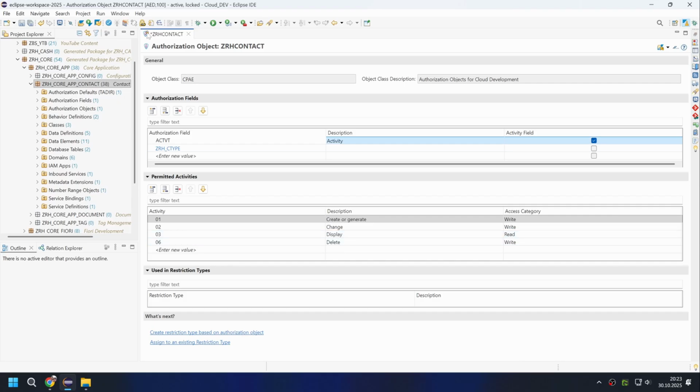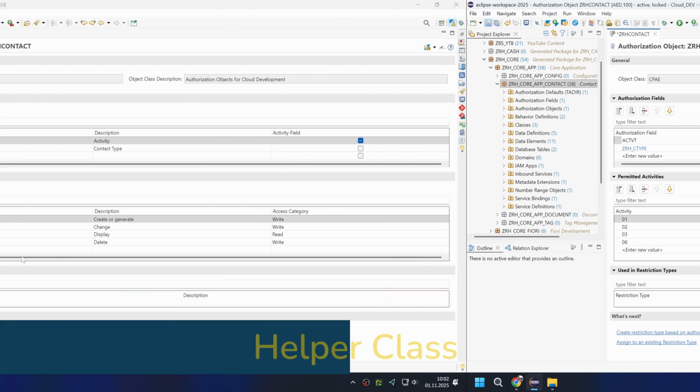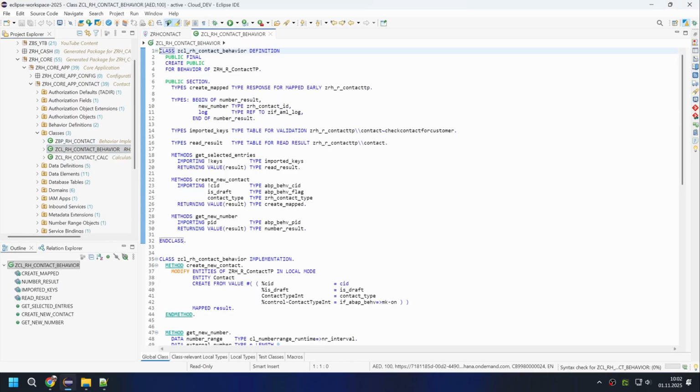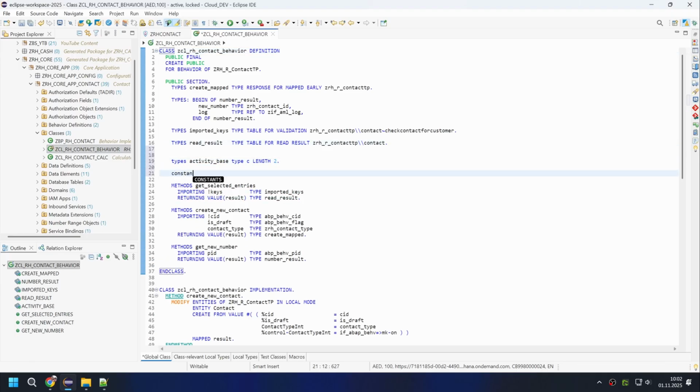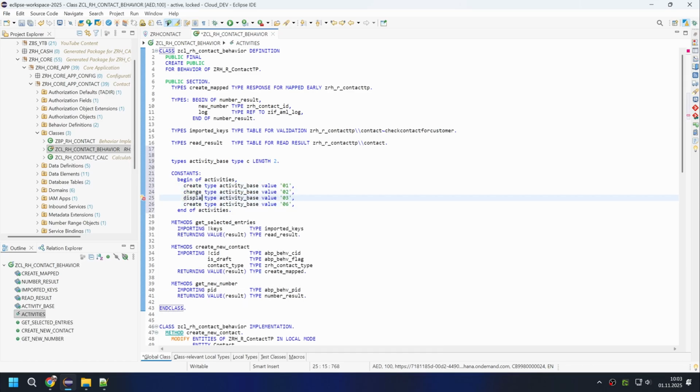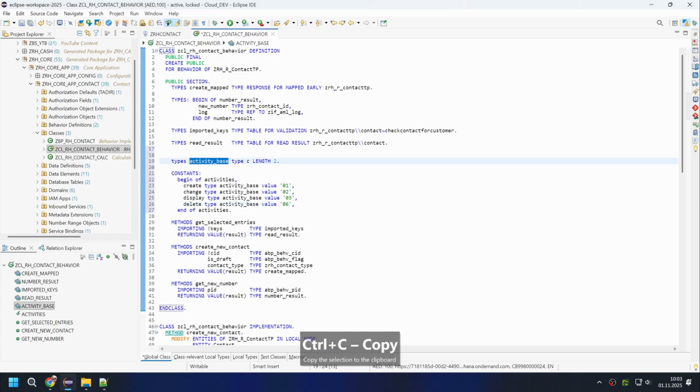With this, we have everything we need to carry out the authorization check and restrictions and can now turn to the actual implementation. Let's extend our helper class to include the functions of the authorization check. For this, we switch to the helper class that we'd already created. First, we need a base type for the activity in order to subsequently create constants. This way, we don't have to hard-code the various possibilities in the code and have descriptive values for the different